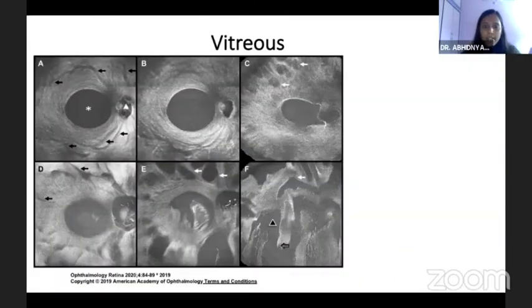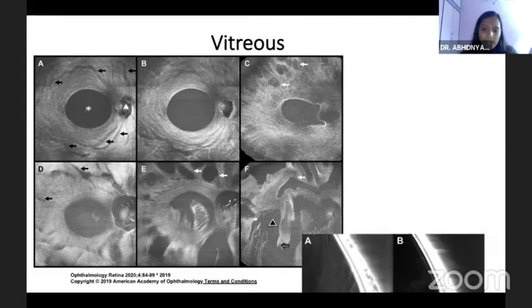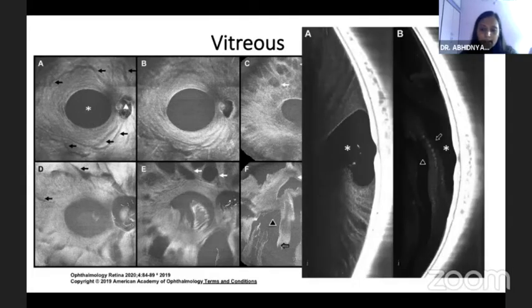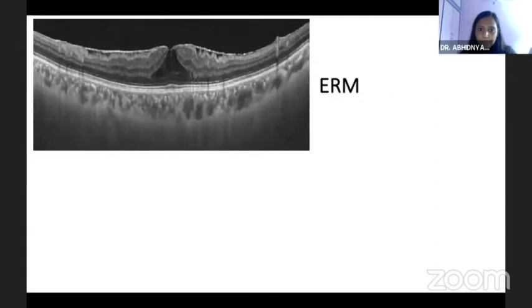Now, this was a recent study where they studied the vitreous using OCT in younger individuals and compared those with older individuals. The upper images are those of a younger individual, where the various bursae, cisterns, and the prevascular fissures are very prominently seen and were not connected, while the lower images are of an older individual, where these are disorganized and also interconnected. This is the vertical scan image also showing the same.